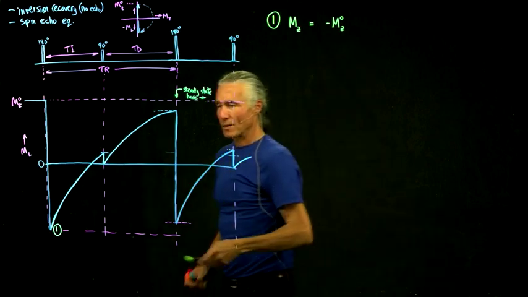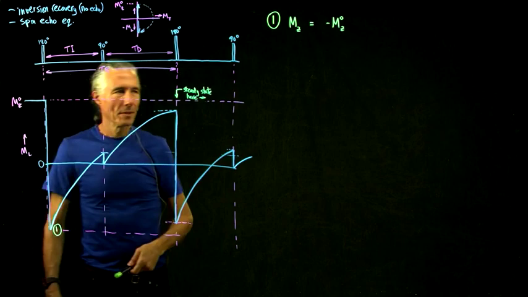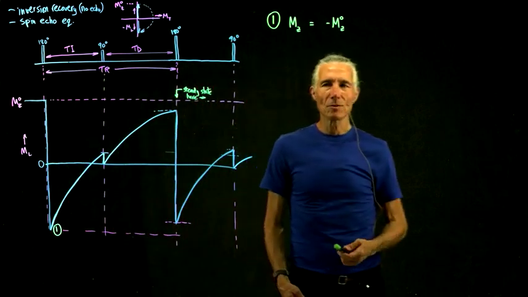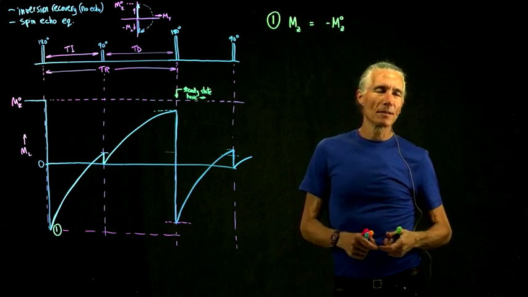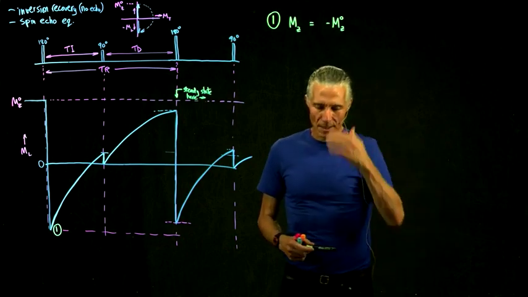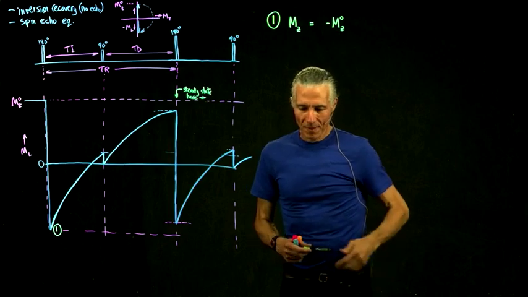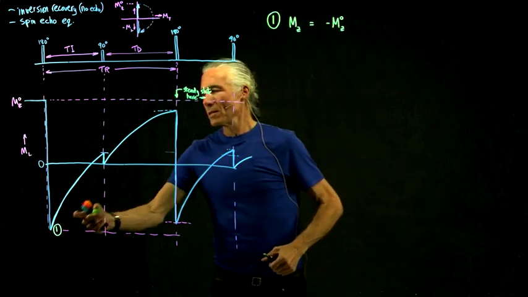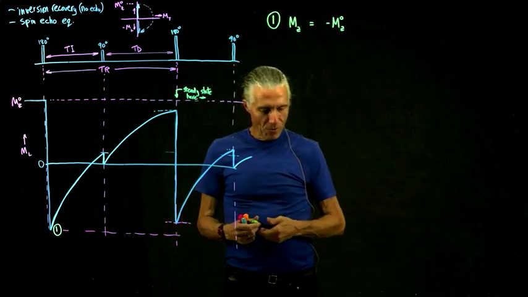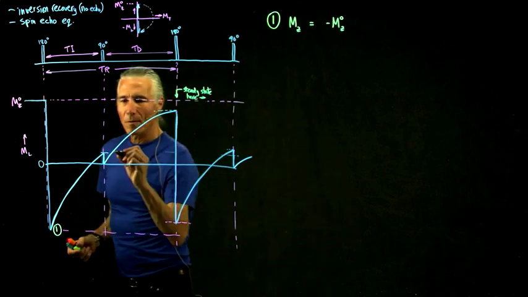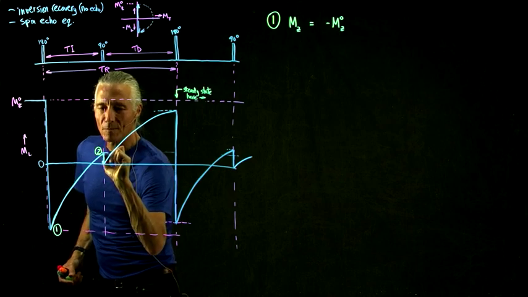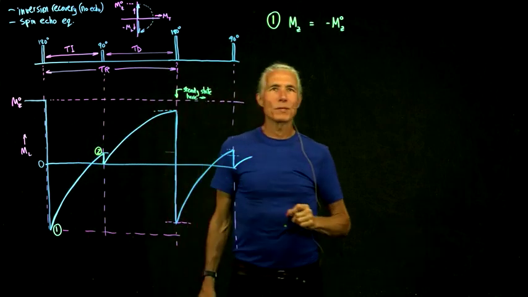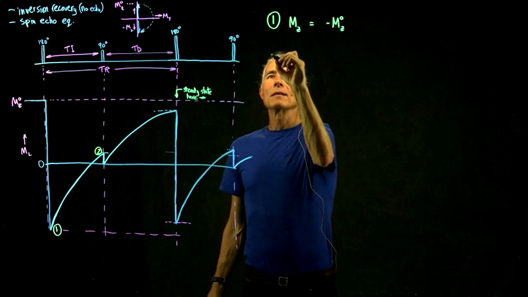So that was just our flip. And that's what an inversion pulse will do. If it's a perfect inversion pulse, it just takes the negative of whatever the current longitudinal is. So now we have to allow it to recover. And so what we want now is time 2, which is right before we do the flip. And so